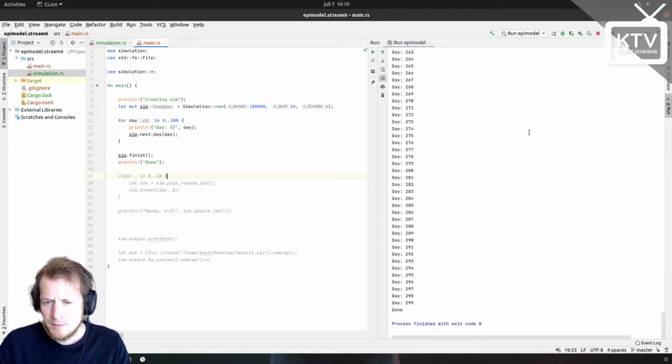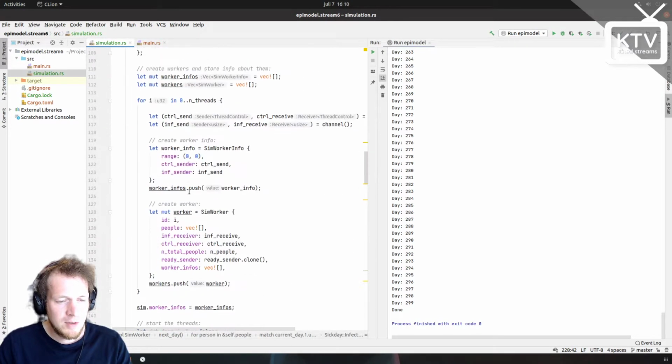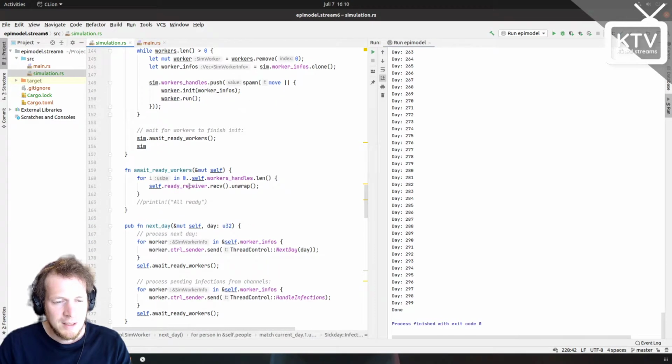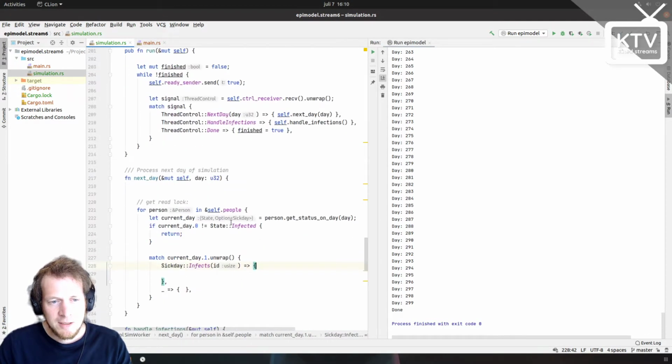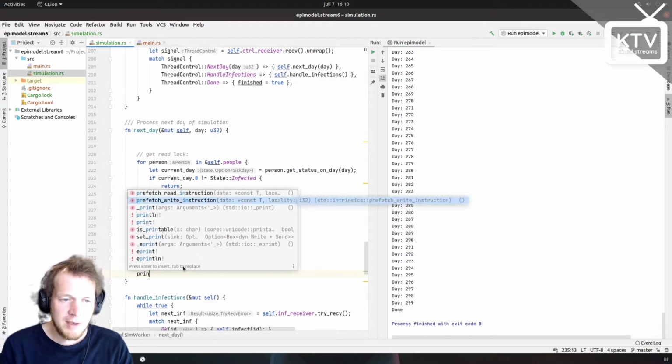Let's do it. Yeah, so it does loop through, and again, we proved in the last stream that this synchronization method that we are using does work. So we know that it does indeed ask all the threads to execute. Just to make sure, we can ask the threads to print something. Actually, what we can do is put a breakpoint here in the threads. The self.people array is empty at present, but you can do a println here that says